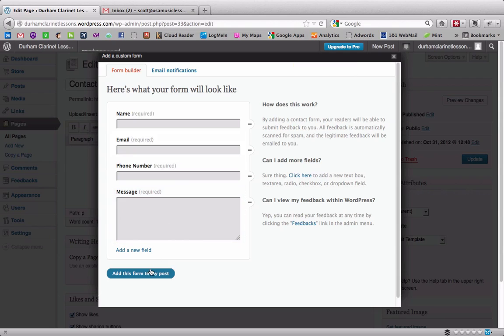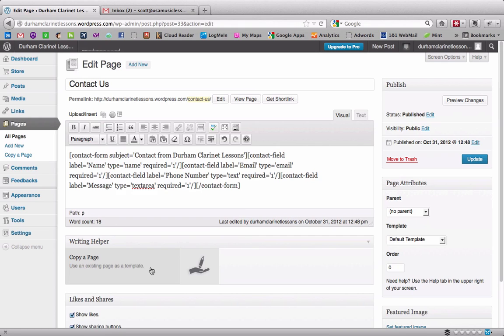There's my form, and I'm going to click Add Form to my post. And so what we have here looks like a bunch of gibberish. This is actually programming code, and it doesn't really matter what it looks like. The good news is that it works. So I'm going to click Update,